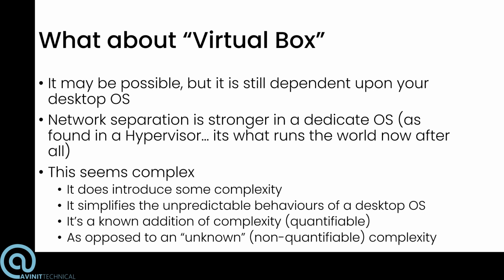It does simplify things when unpredictable behavior happens on the desktop OS. So should your desktop OS get randomly involved in doing some IP routing that you didn't want it to do, and troubleshooting that, it will always happen at the worst moment. It will always happen before the CEO walks onto the stage in a corporate environment, or probably somewhere into the third song of the headline act in a live environment. Everyone knows that, everyone's been there. And when computers start behaving randomly and irritatingly, they will always pick the worst time to do it. It's Murphy's Law.